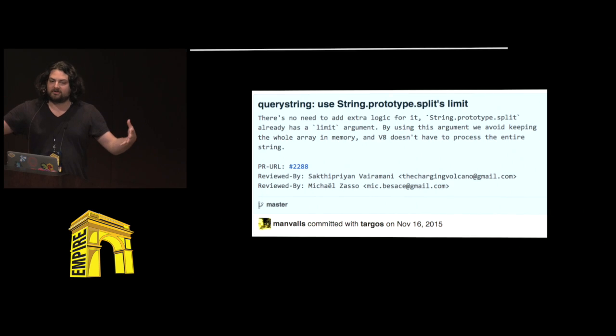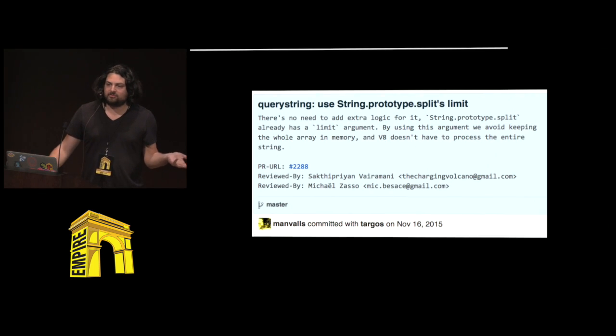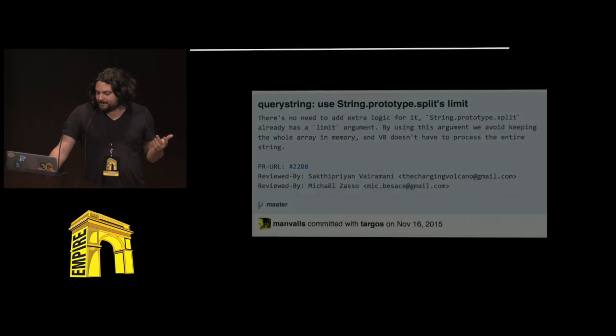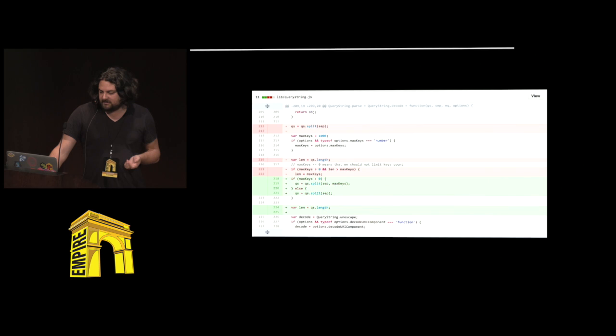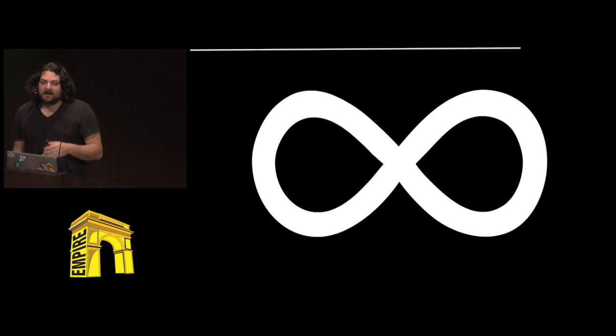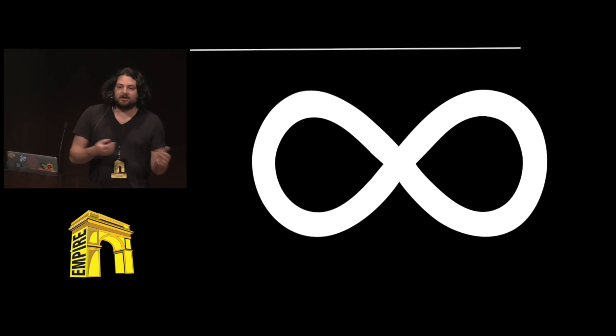Because at first, we were parsing the array, and then we were just handing back a subset of that array. That creates garbage, that does extra calculations, and people were like, oh, well, it would be way faster if we just use split. And that was great, and things were like 300% faster. The change was very minimal, as you can see here. But it broke everything. Because what ended up happening was there's this crazy thing called infinity. So the way that we were doing it before, infinity would actually be a no-op, and we wouldn't shorten the array. But